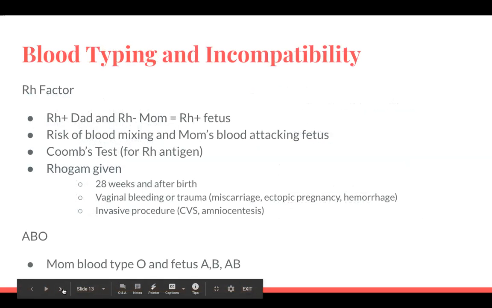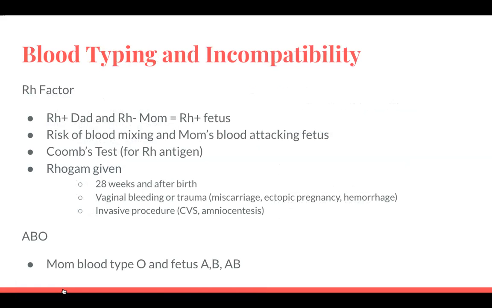All right. Blood typing and incompatibility, we talk a little bit about Rh factor and that RhoGAM. So if the mom is Rh negative and you have an Rh positive fetus, if the dad is Rh positive and the mom is Rh negative, the fetus will most likely be Rh positive. So then you have that risk of the mom's blood attacking the fetus's blood,